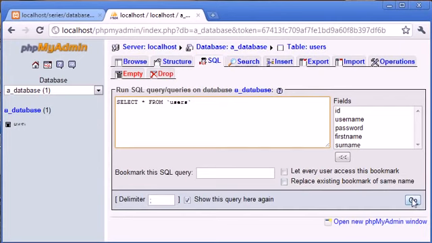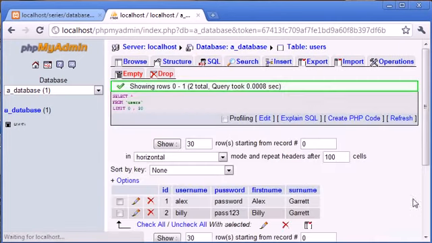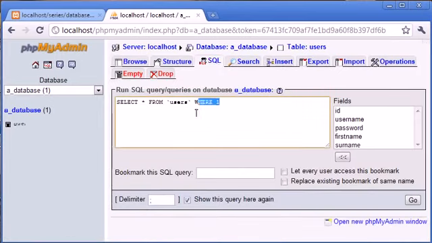So now I'm going to click go, and you can see that this has shown rows 0 to 1, 2 total. The query took a number of seconds, and it's shown our query here with this limit on the end, which I'll explain soon. But we've retrieved exactly the same data as if we were to click browse. So this SQL query for us at the moment is useless inside PHP,